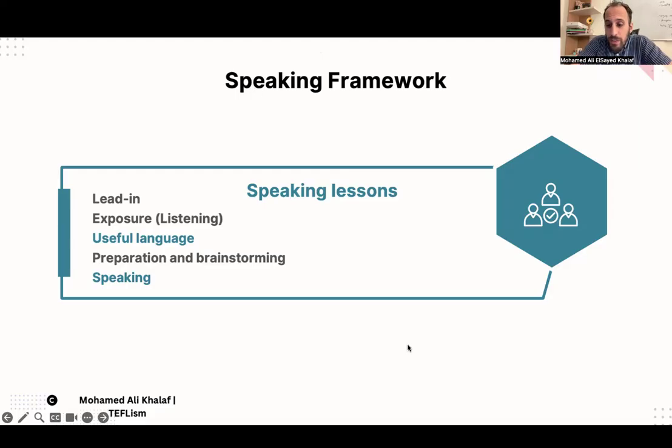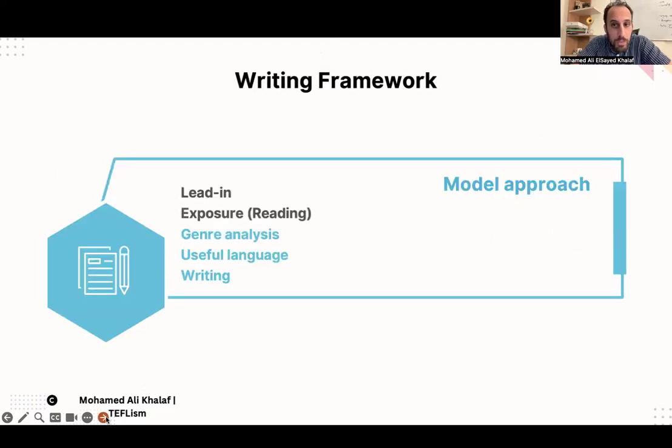What if you have a writing lesson? So you looked at the TP points, you found out that your main aim is writing. You looked at the materials, you found that your students are going to write a covering letter to apply for a job. So usually we have a lead-in, then we expose them to a model, like they read a real covering letter, like a model of the same task they're going to produce in the end.